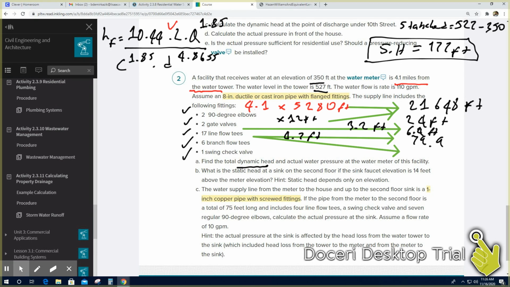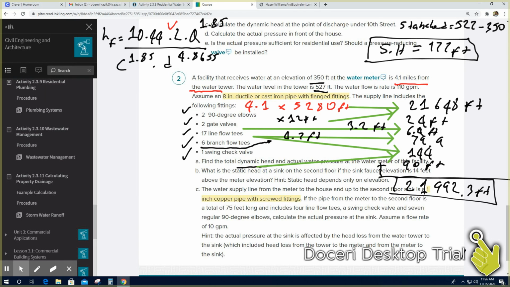Each one is 24. So if I multiply 6 times 24, the answer is going to be 144. And one swing check valve, 90 feet each. So this one is 90 feet. So when you add them all, guys, in short, when we add them all, 21,992.3 feet. So this is the length of the